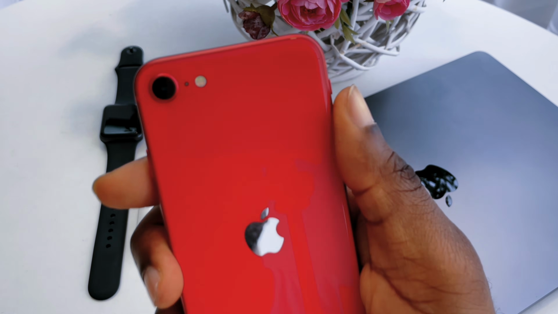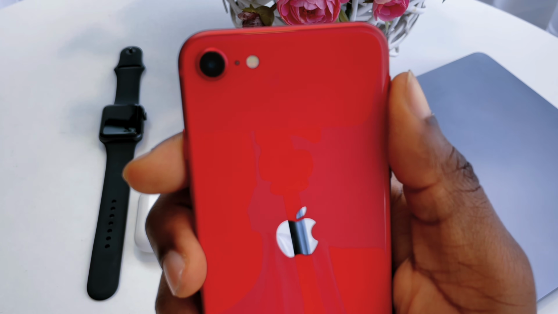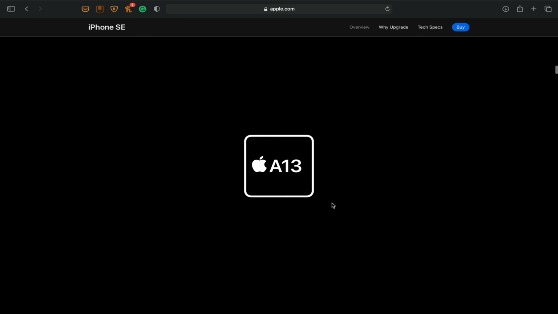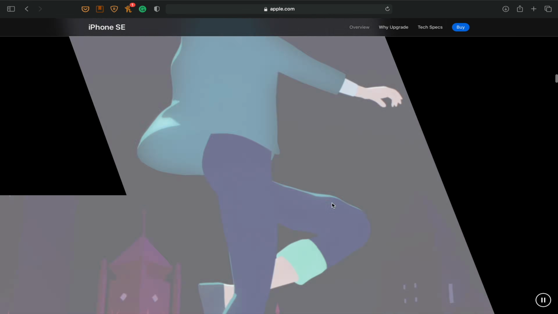I got mine with 128GB of storage for almost $600 here in Ukraine. But a huge downside to me about the iPhone SE 2020 is that it lacks a wide-angle camera, and the portrait mode on the iPhone SE only works when a human face is detected. Although it has the same A13 Bionic chip found in the iPhone 11 lineups, it lacks a lot of